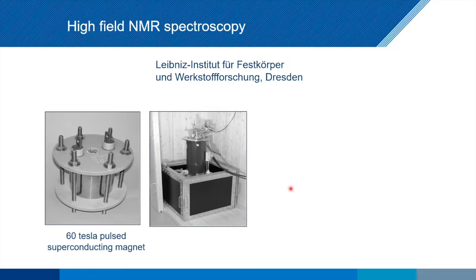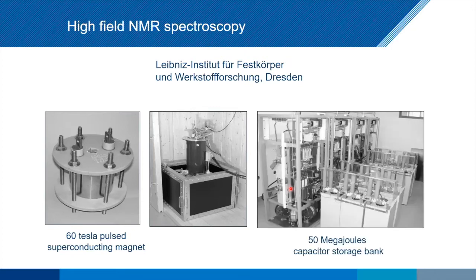But this is no normal capacitor, okay? This is probably the largest capacitor you've ever seen. This is a 50 megajoule capacitor storage bank that is in the room right next to the MR machine. So essentially our experiment is the following. We have to cool down the magnet. We have to discharge 50 megajoules, which means that in Dresden, the lights literally went down for about 3 seconds when we do that. The field is going to go from 0 to 60 Tesla and back down again in 20 milliseconds. And we have to time it exactly so that our coil, which is tuned, I'll explain why in a second, at 56 Tesla, gets the FID there.